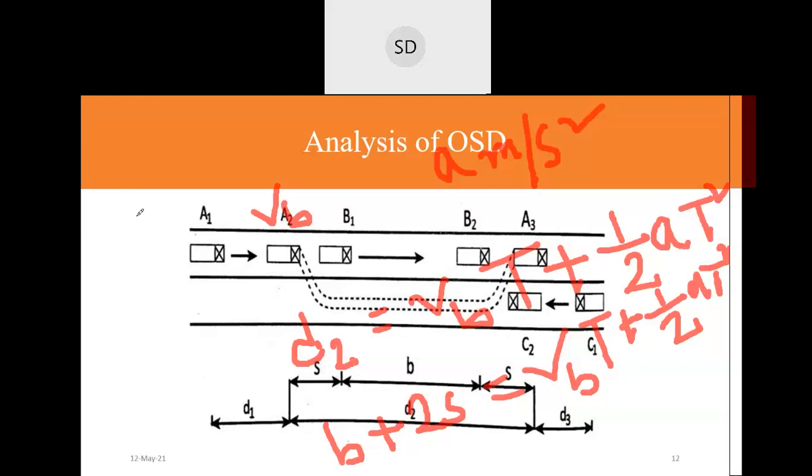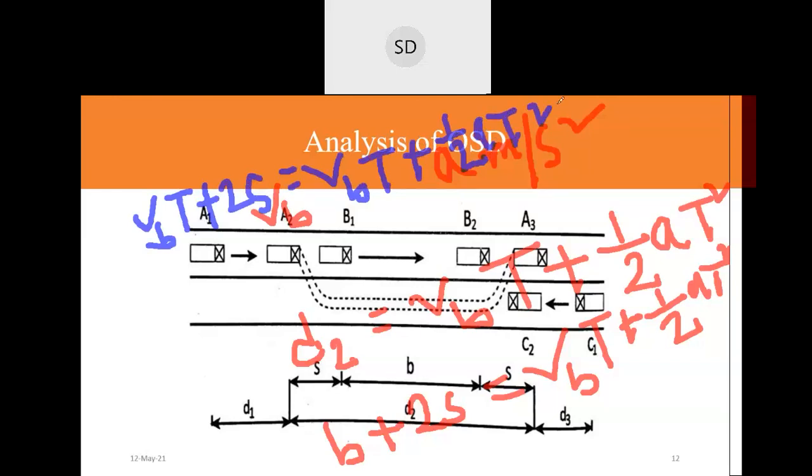So you can write VBt plus 2S equal to VBt plus half at square. So here VBt and VBt will be cancelled out,